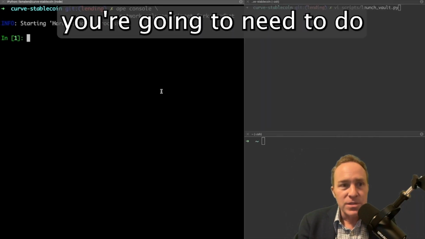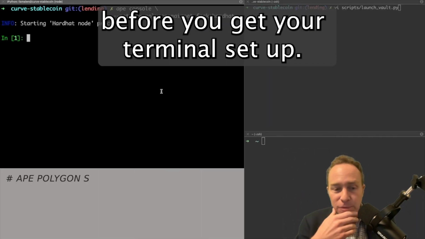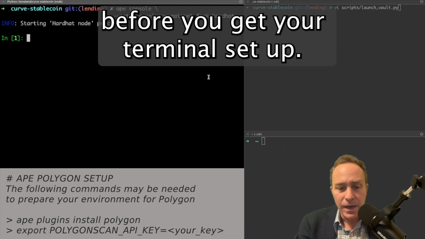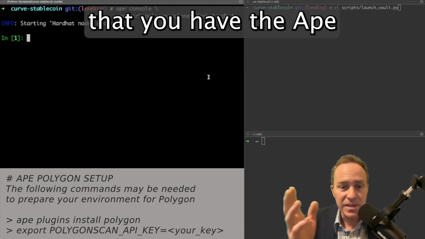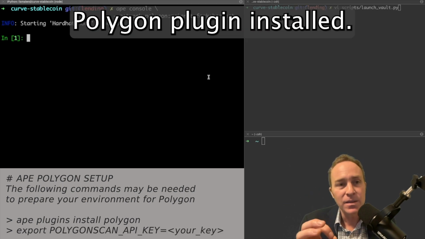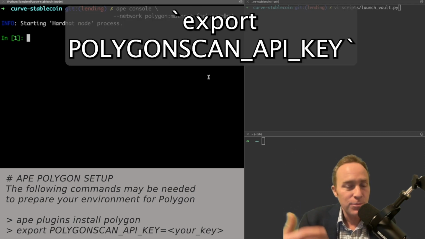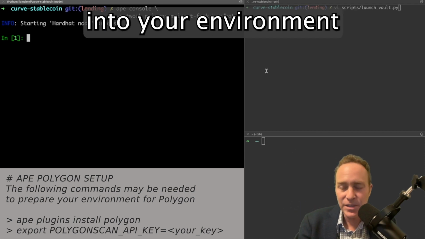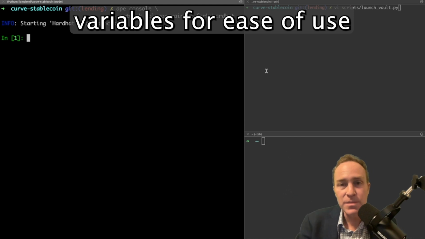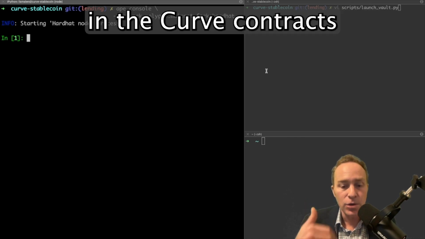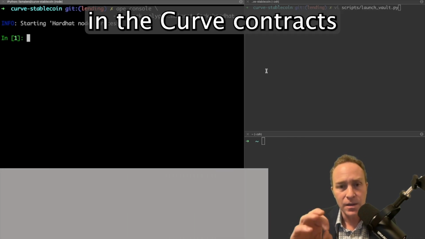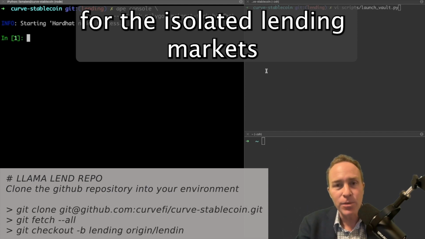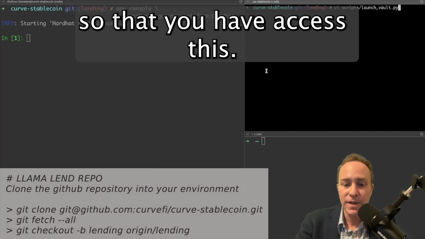In order to do this, you're going to need to do a little housekeeping before you get your terminal set up. You have to make sure, of course, that you have the Ape Polygon plugin installed. You'll probably want to export your Polygon scan API key into your environment variables for ease of use. And you're going to want to pull in the Curve contracts for the isolated lending markets on the lending branch so that you have access to